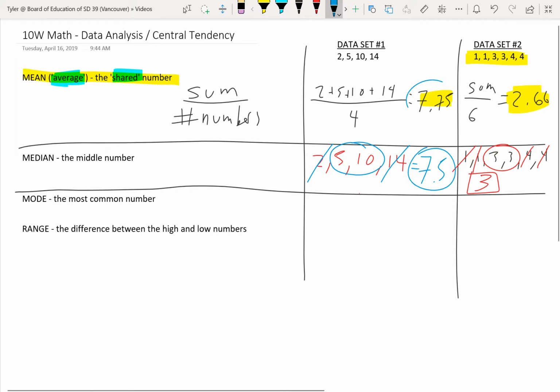So again, this was pretty close to the mean. When you have a mean and median that are pretty close to each other, that means that they're pretty representative. All right, the mode